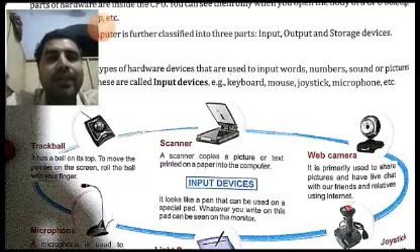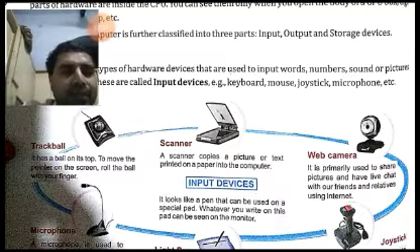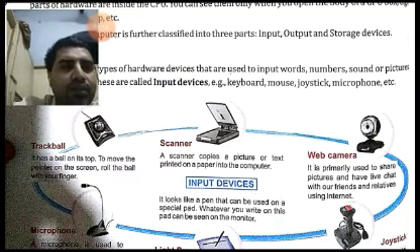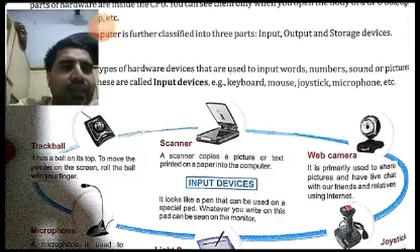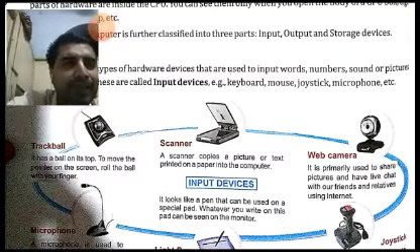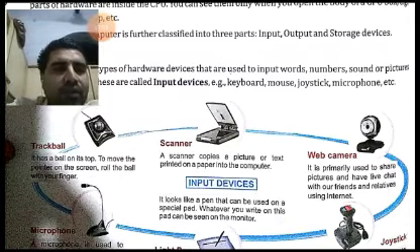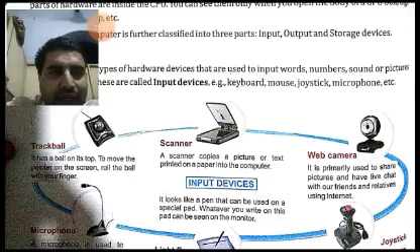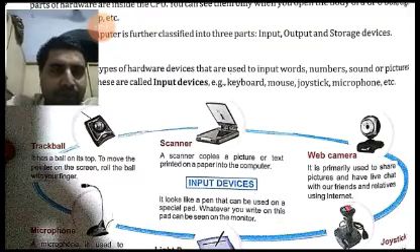Similarly, web camera, all of you understand what is the web camera. It is primarily used to share the pictures and have the live chat with our friends and relatives who are very far from us, using internet. Using internet we can do the live chat with our friends, family members and relatives who are away from us. We can also share pictures.